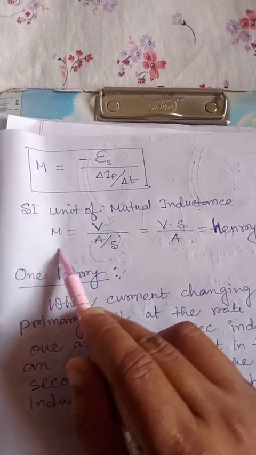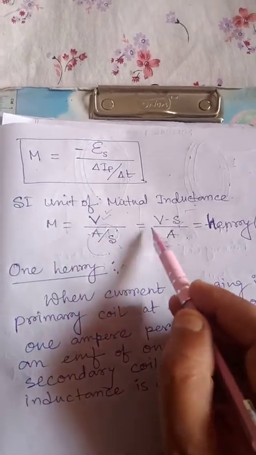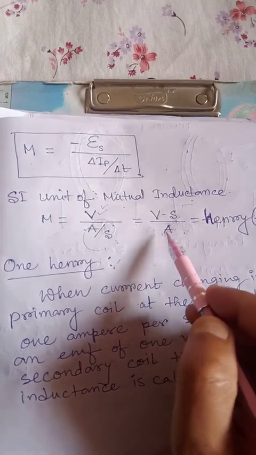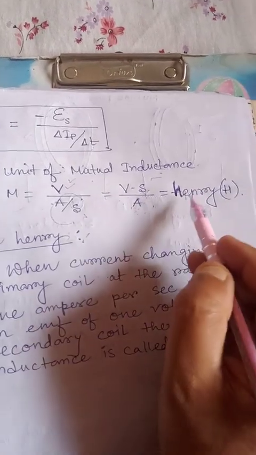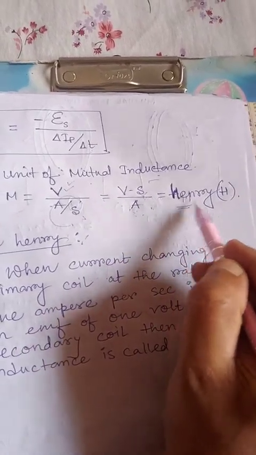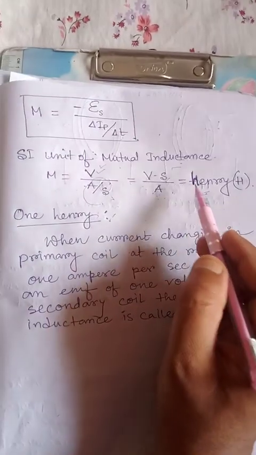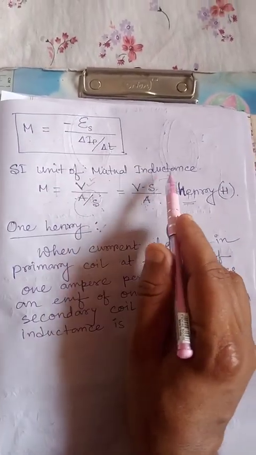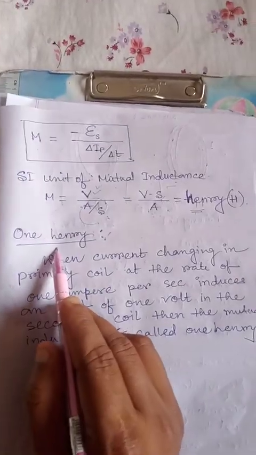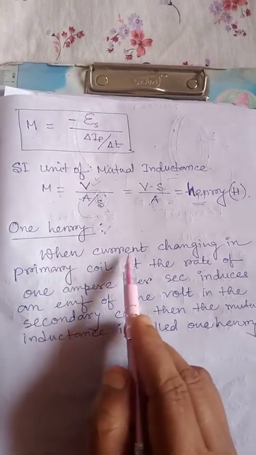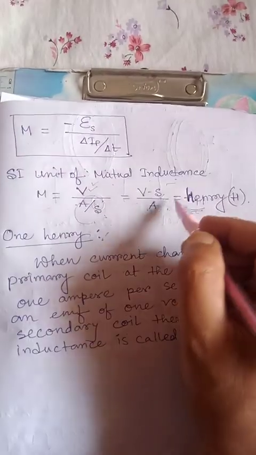So the unit of mutual inductance is volt second per ampere, and we name that unit Henry. We write it symbolically as capital H. What is 1 Henry? That is the SI unit of mutual inductance. Now 1 Henry is defined as when current changing in, now look here, if